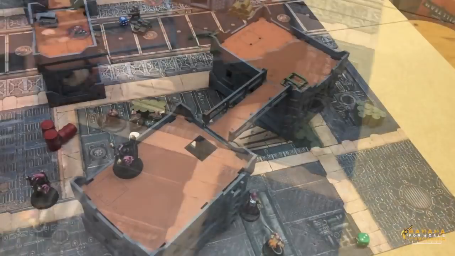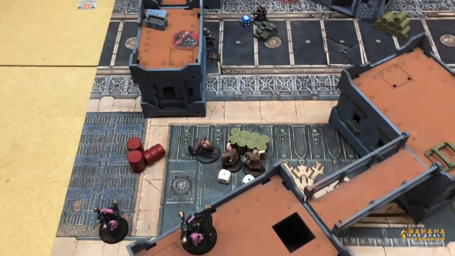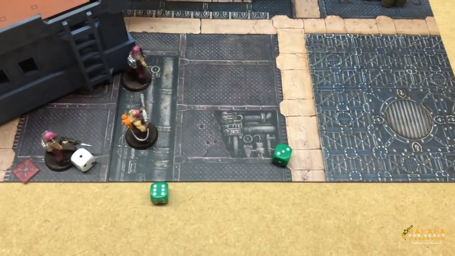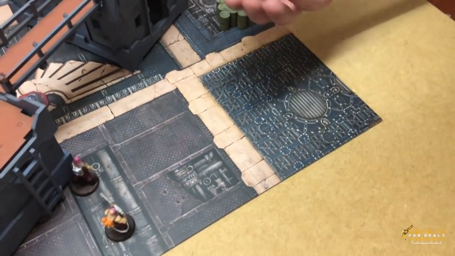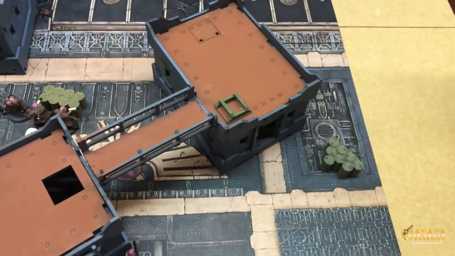No wound, no hit. Okay, because I'm missing more than half the models or have flesh wounds, I roll to see if my army's broken. 2d6, I've rolled a 9, which means that my army is broken. Alex is going to do the same. Yeah, mine are broken. His are broken, which means that...